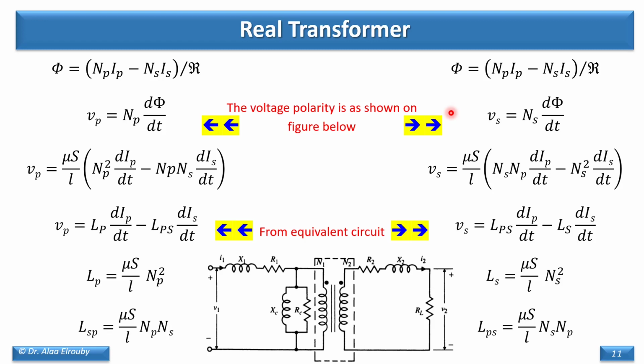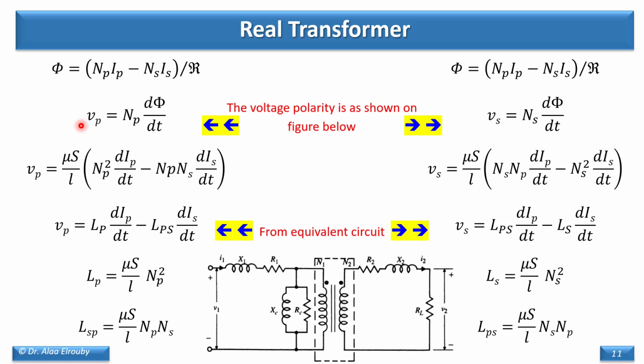So now, what does the model of a real transformer look like? This is the original relations that we have. The flux equal N primary I primary minus N secondary I secondary. The reluctance is now not zero, so it is some number. So the potential